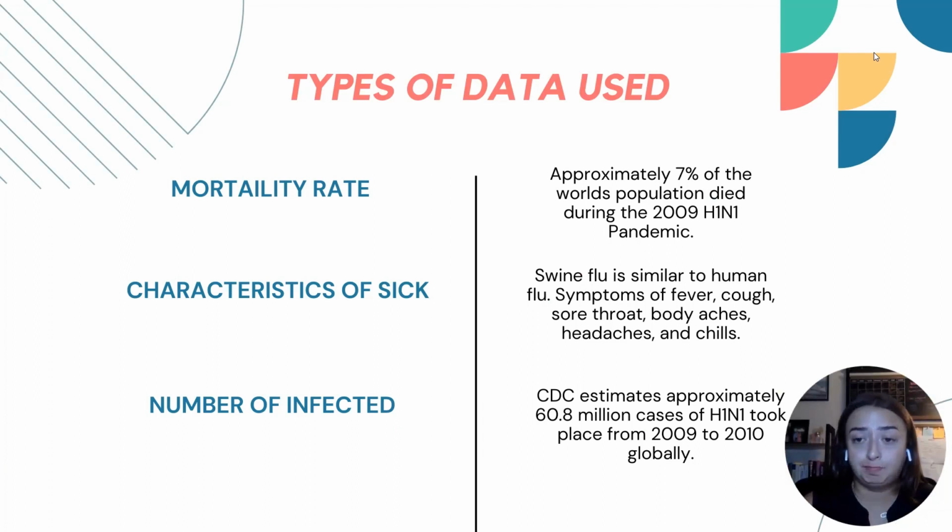I will be saying a lot of words related to data, which are approximately or estimates, just because there are those gaps within the data. If an individual was showing symptoms similar to a normal flu and they didn't receive the correct testing, there's no way to document it was an H1N1 related case, or H1N1 related death. And so I do want to make sure there is that transparency within that data and the information that is presented today.